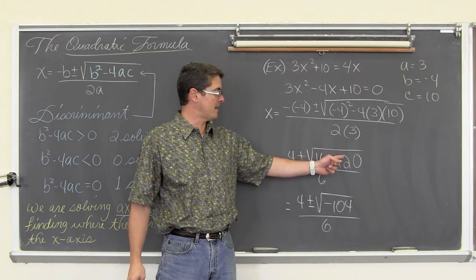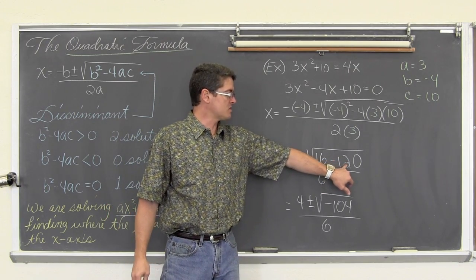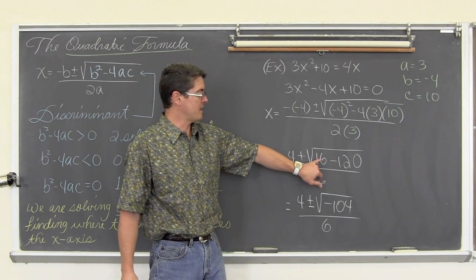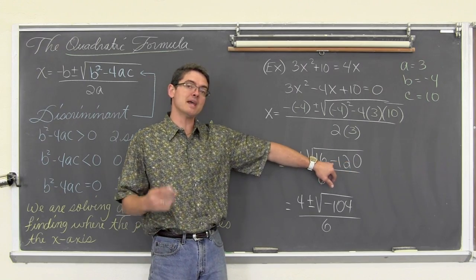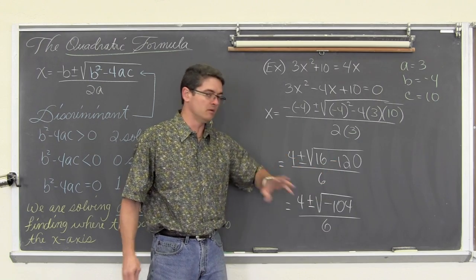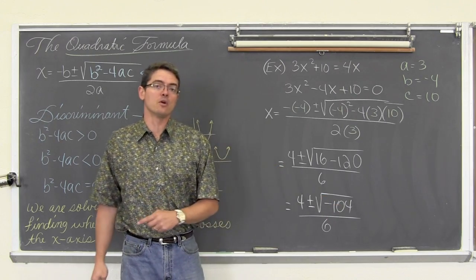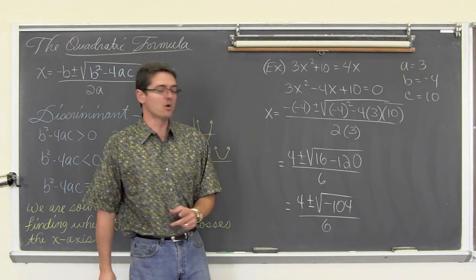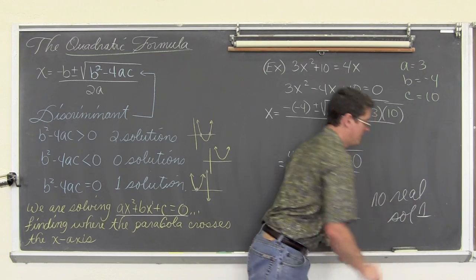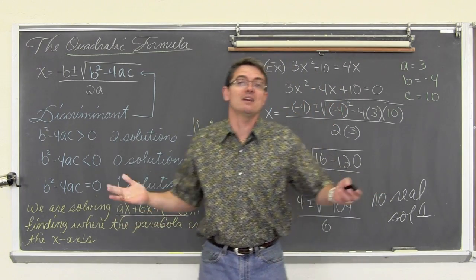My absolute value, my largest number, if you ignore the negative sign, 120 is bigger than 16. I just said 120, right? Not -120. 120 is bigger than 16, and 120, looking at the sign, is negative. So -120 plus 16, you keep the sign of the larger number, saying larger in the fact that you're ignoring the negative sign temporarily, and you get -104. You cannot square root -104, so there is no real solution. That's my abbreviation for solution. So this first example is done because I can't find a real solution.